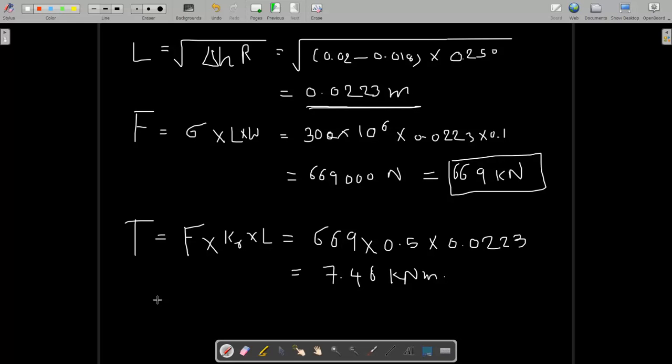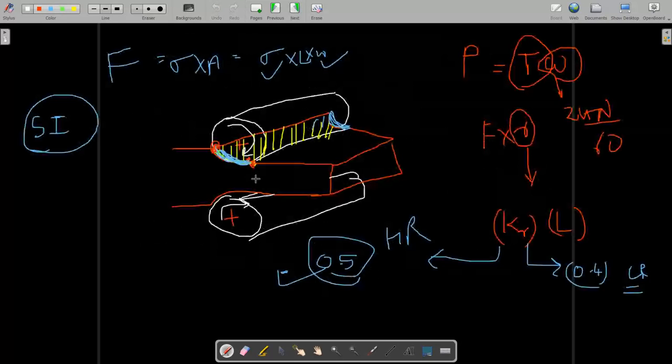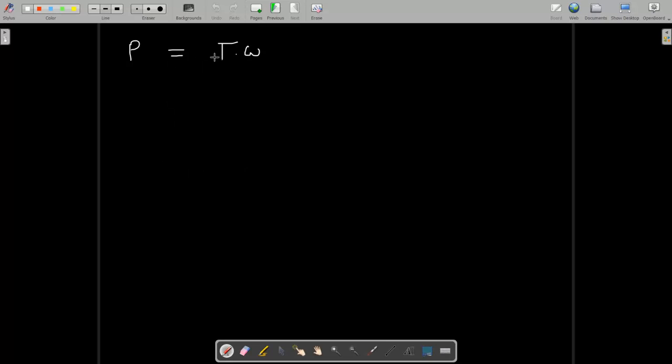Okay, now the power is equal to tau into omega. We all know, but here two separate rollers are there, and we will give them independent power, and these have independent degree of freedom. These are not connected by a single motor, so we will give the power to motors separately. We have to multiply with 2 here. So 2 times torque is what?